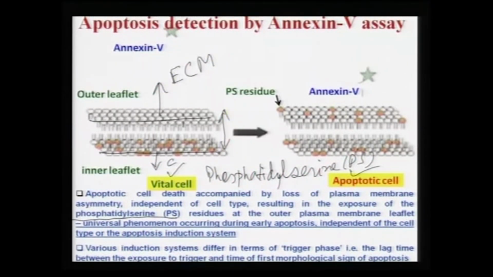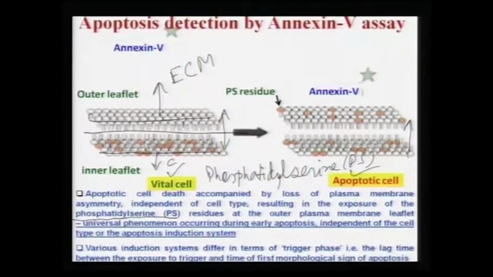When the cell is apoptotic, then what will happen? There is asymmetry of the plasma membrane structure. Asymmetry means some of the phosphatidylserine molecules will now be exposed to the extracellular matrix in the outer leaflet. Okay. But in the live cells, all the phosphatidylserine molecules are exposed to the cytoplasm only. Now, once they are exposed to the extracellular